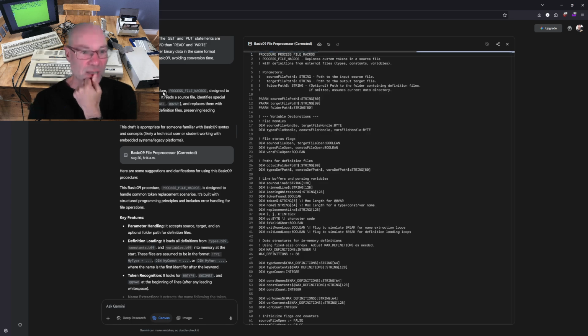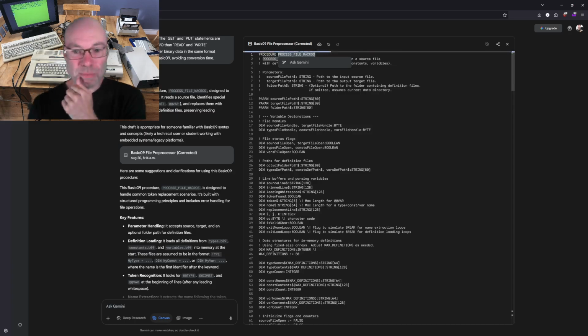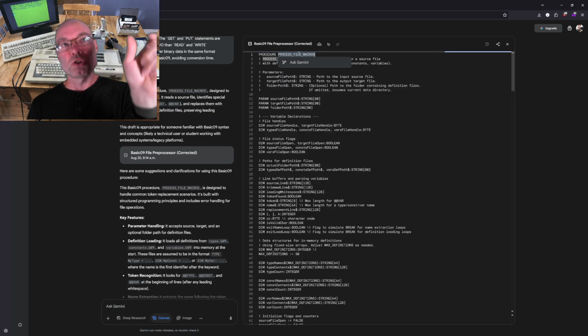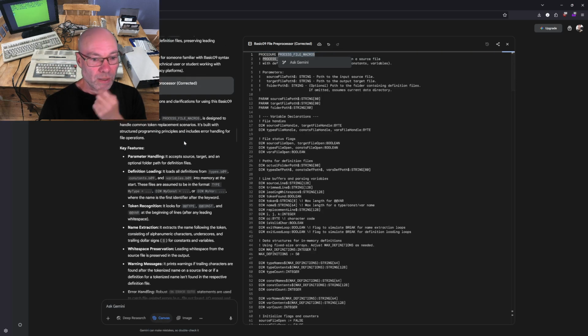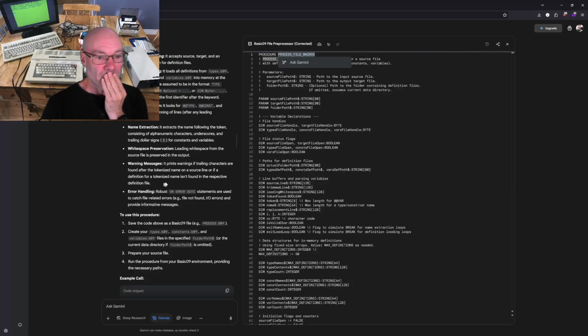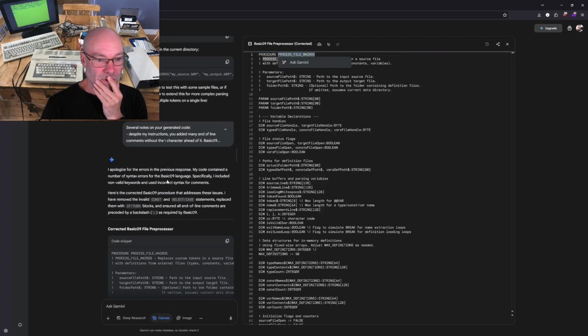Okay, so then it gave me my process files macros, very wordy name. I eventually switched this name down to Transpiler, which is the version of the procedure that you'll find now on my GitHub project, inside of a file called transpile.b09 in the source basic folder. Let me just quickly skim through this. Yeah, so then after I got its initial